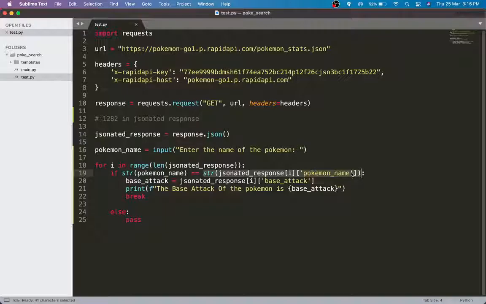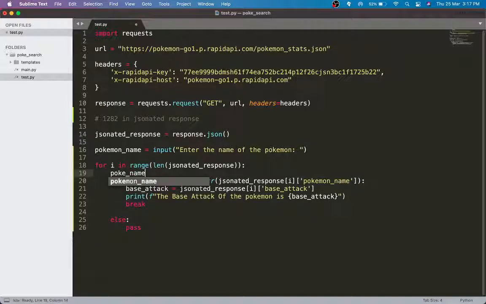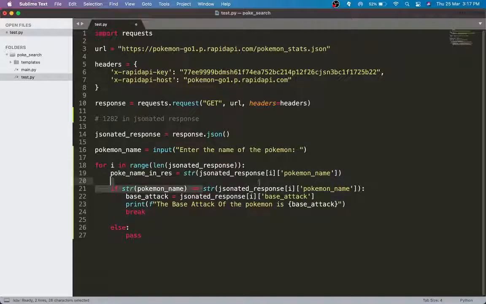Now another really good improvement would be to store this inside of a variable, because currently it is not the best. So I think I'm going to try it out over here. Poke name in response is equal to literally this slew of code that we have written. So now what we can simply do is, if the thing that we had is equal to the Poke name in res, then what we can also do, the base attack of the Pokemon,